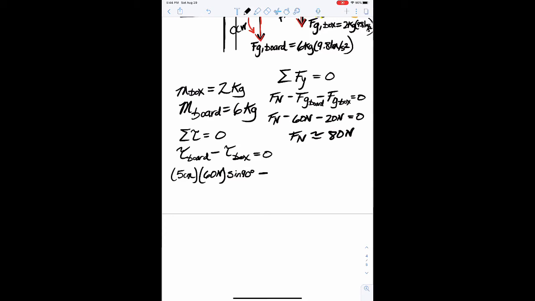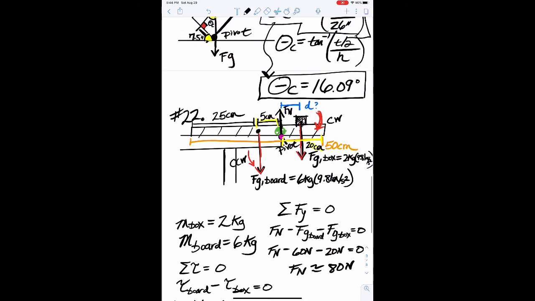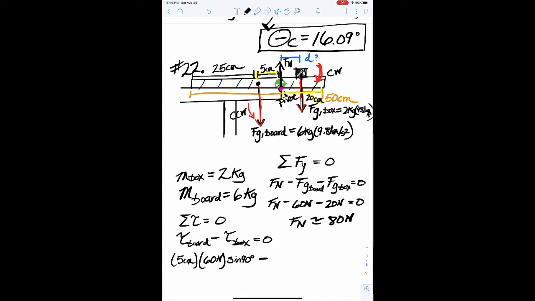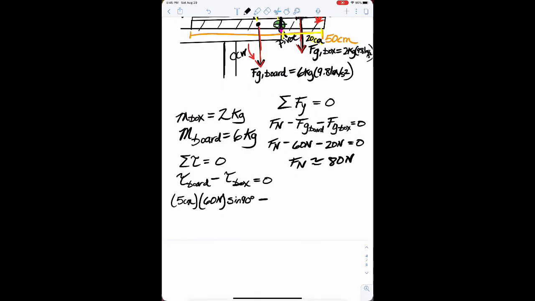minus this mystery distance in blue, which we don't know. So we're going to keep calling that D, right? Because that is the distance from where the box is to where the pivot is, which is this combined center of gravity. So we want to know this blue distance, D. So we can say minus D, 20 newtons times sine 90